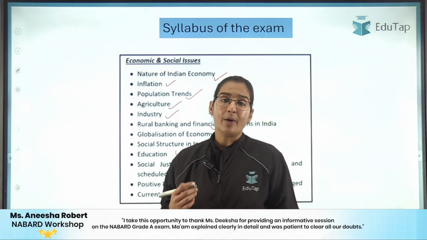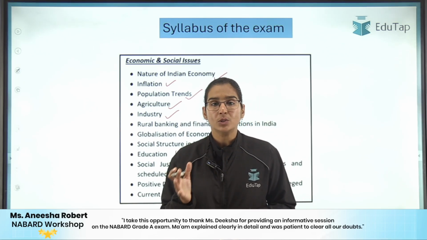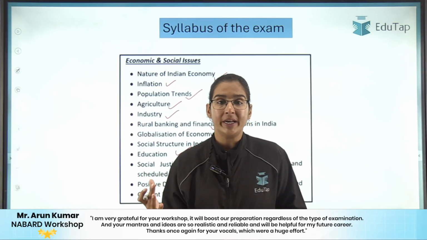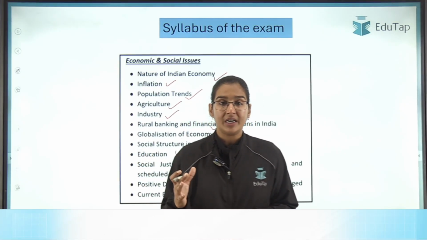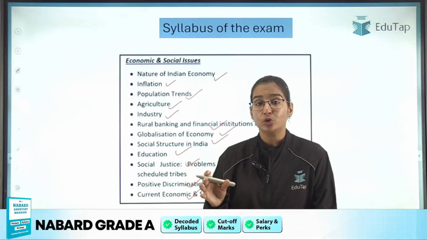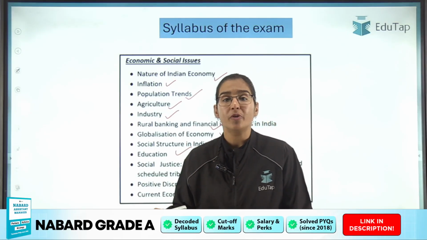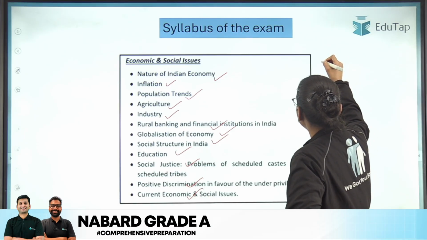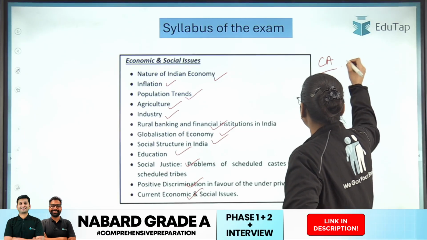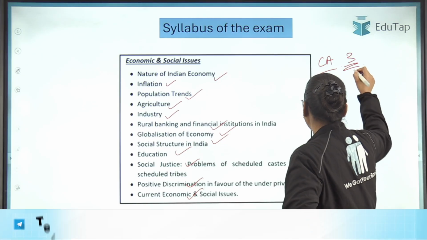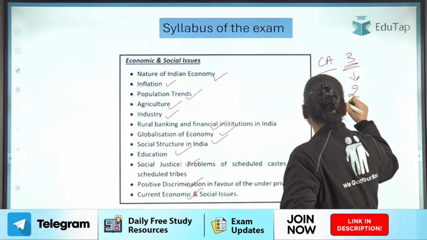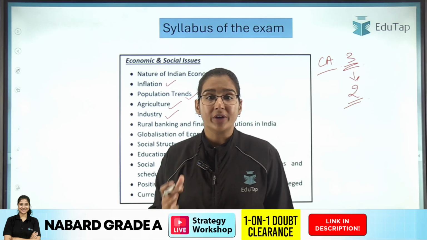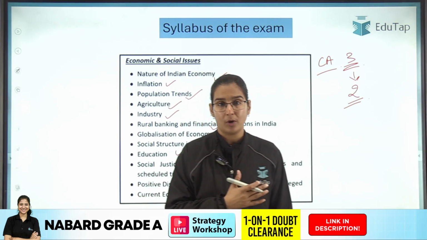Now students, again I want to emphasize one fact: as we have noticed in phase 1, the ESI is majorly dominated by current affairs. So similarly in phase 2 also, and in phase 2 not only in the objective but in the descriptive paper also, the ESI syllabus will have certain components of current affairs, right? So if 3 questions are being asked from ESI, then please assume that around 2 questions will be asked from current affairs, right? So that is the weightage of current affairs even in the descriptive paper of the ESI.